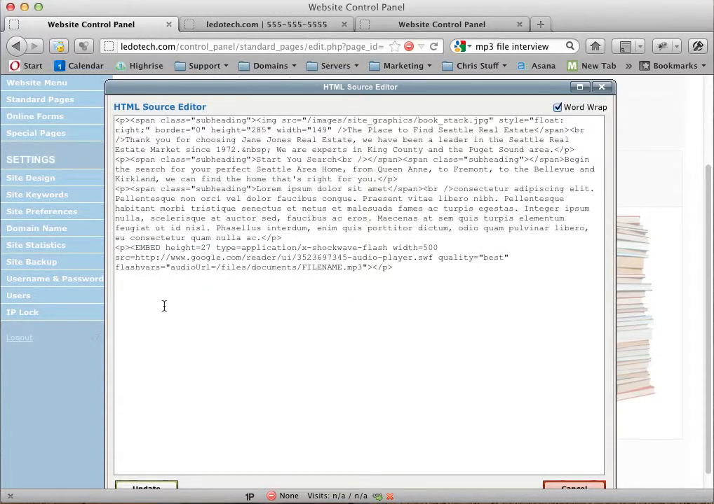Now there's one more thing that you need to do, which is you need to replace the file name, and this is the only thing you need to change. It's just right there. Now I have file name, but we need to replace that with the actual name of the MP3 file. In this instance, it was called